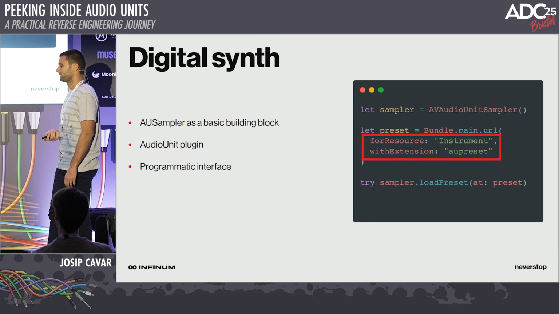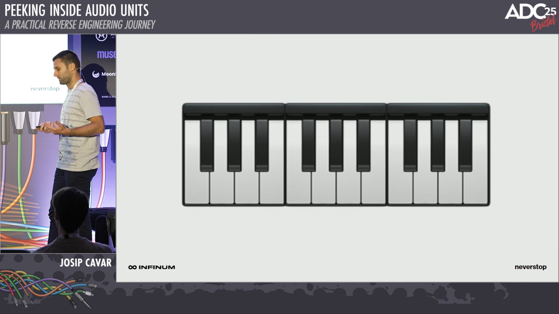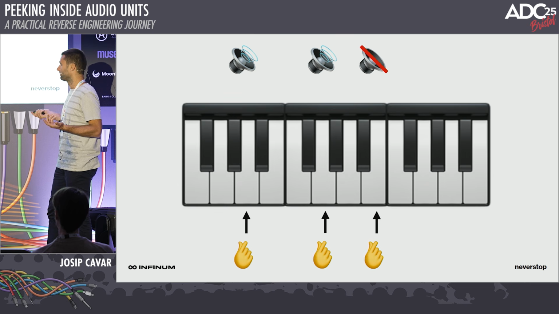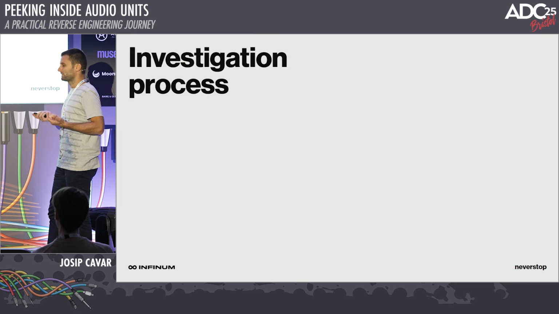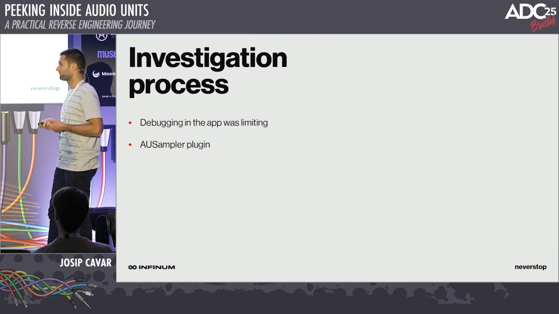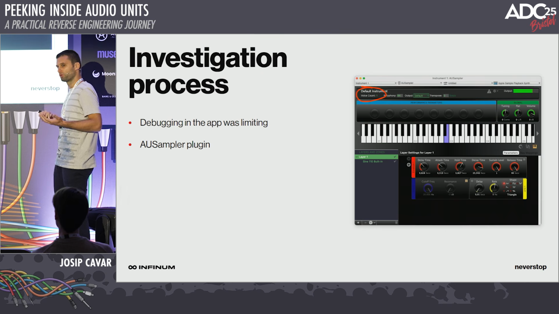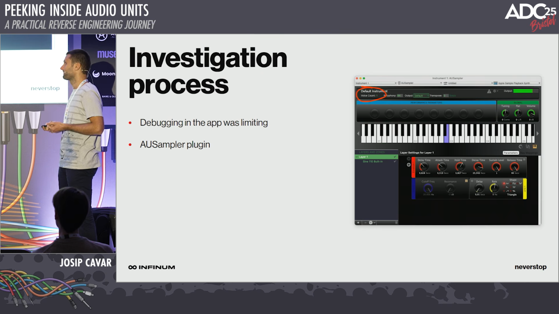And the problem that we encountered was when, for particularly complex AU presets, complex instruments, we noticed that as the user was playing these notes, at some point when a new note is played, there would be no sound. And this led to an investigation process where we quickly realized that debugging this problem inside of the application was limiting. So what we did is we went back to the AUSampler plugin, primarily because it had this nice voice count metric